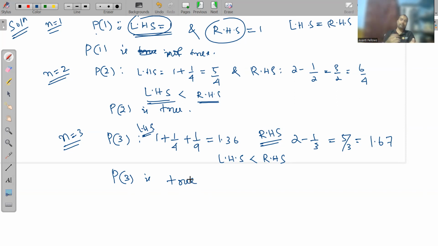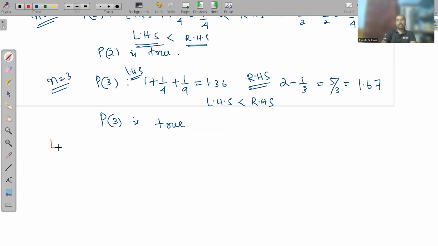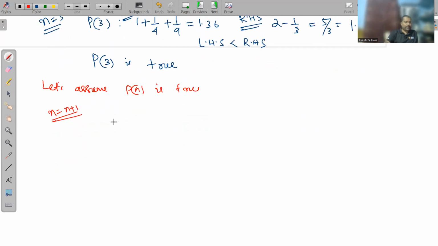Let's assume P of n is true. If it is true, let's try for n plus 1. Right? Let's check for n plus 1. N is equal to n plus 1 I'm taking here. If we take n equal to n plus 1, what we will get in the statement becomes P of n is given as